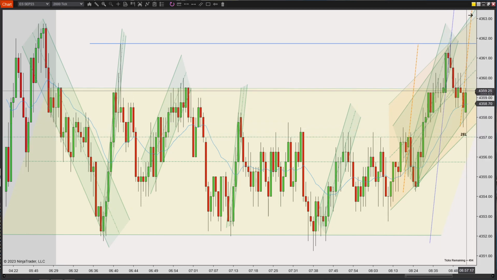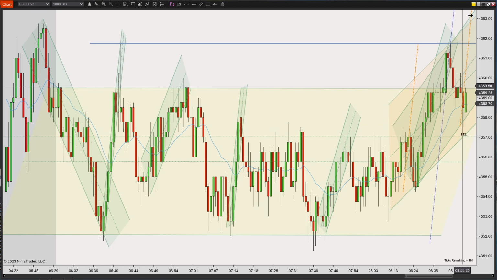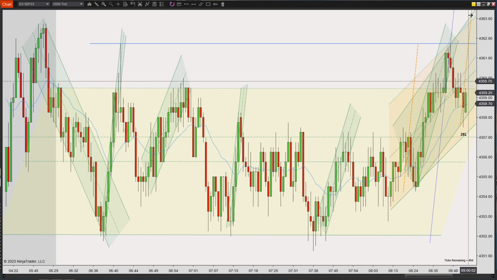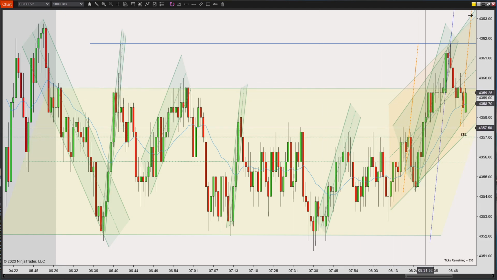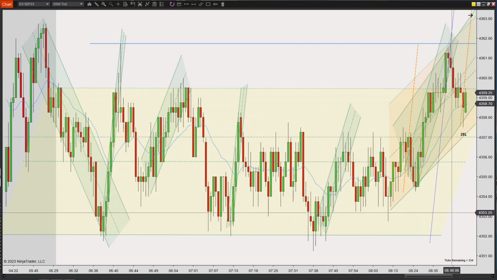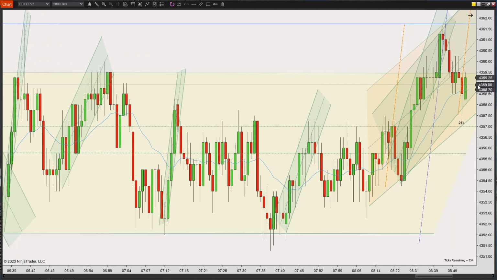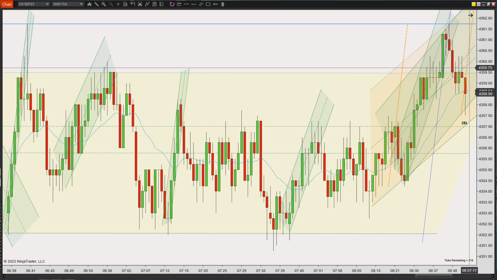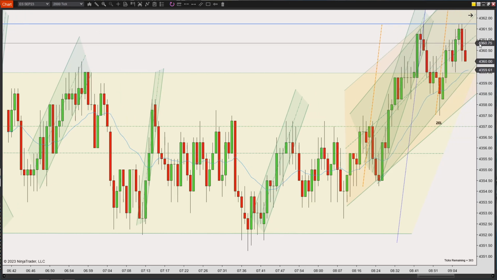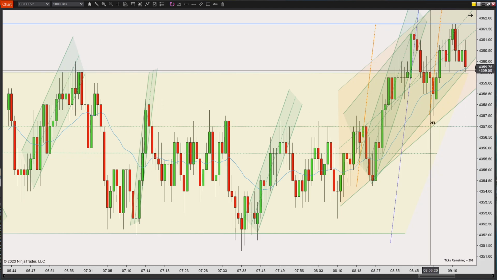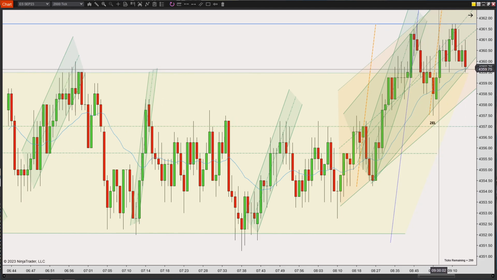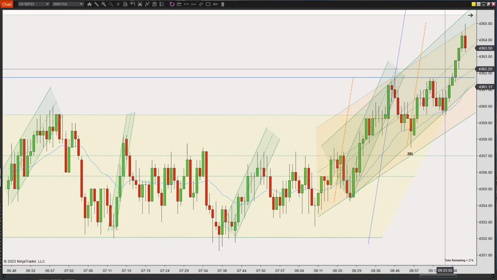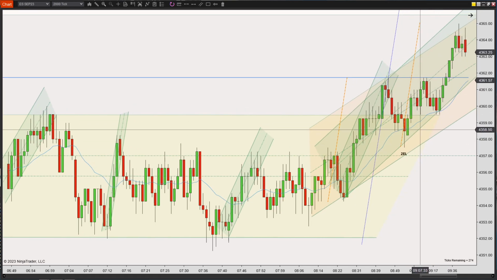And if you did try to enter, you'd be kind of entering at the top of this trading range, even though it's really close to breaching it, or depending on how you drew it, it did breach the top of the trading range. There's just too many factors that didn't make it super clear to me. So although I saw the setup, I marked it, and just reflected on it. And I was actually pretty happy I didn't take it, even though it would have worked out, because I wouldn't have really known why it would have worked. I would have been guessing that it would have worked out. And I don't think I've seen them enough to feel confident in that trade.